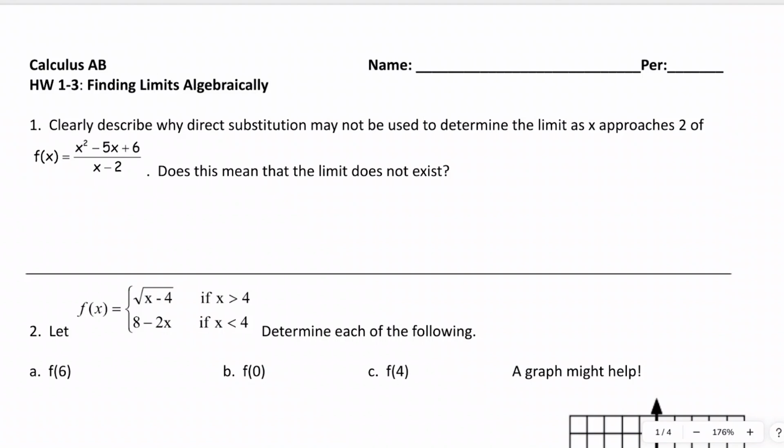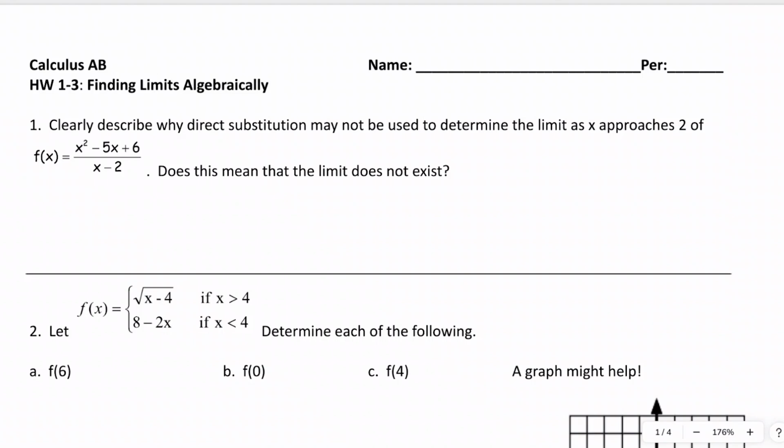So hopefully we can do a good job of going through these problems and really identifying what I'm looking for as far as how to solve them, because they're not all going to be solved the same way. We went over a few different techniques in class, and part of the challenge as you go through these limits is identifying what technique to use. So as we go through these, I'll try to explain what I'm seeing and how I know which